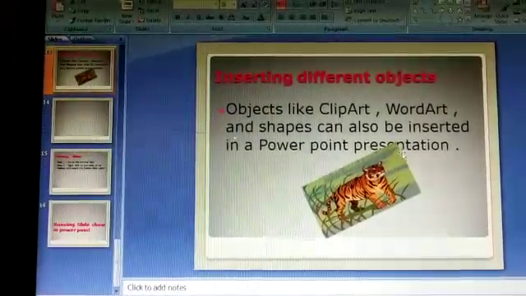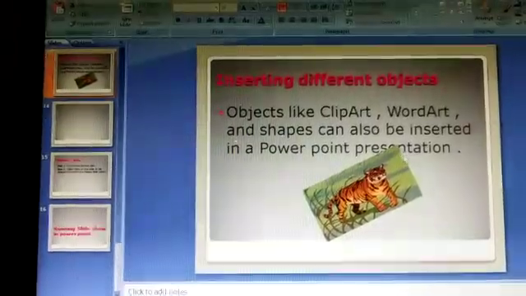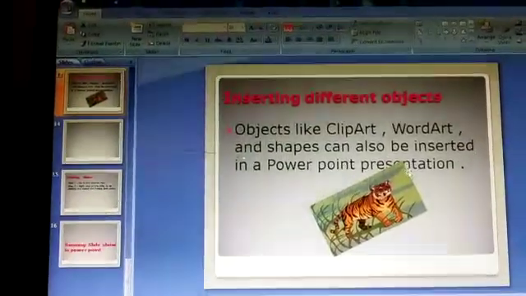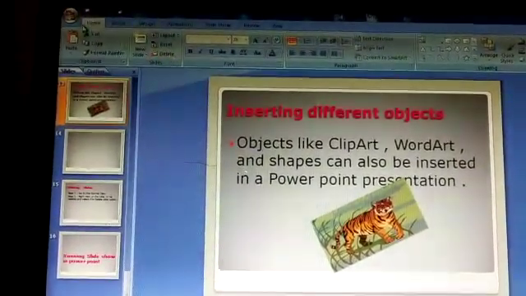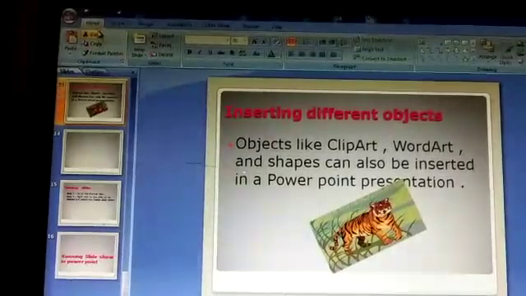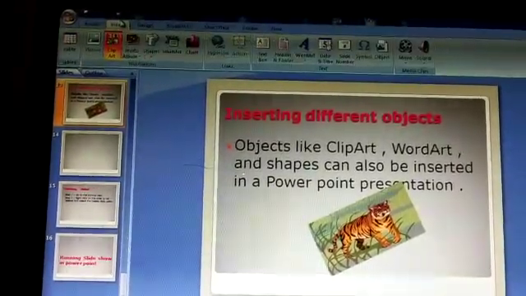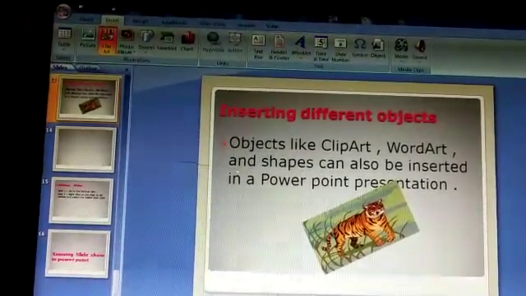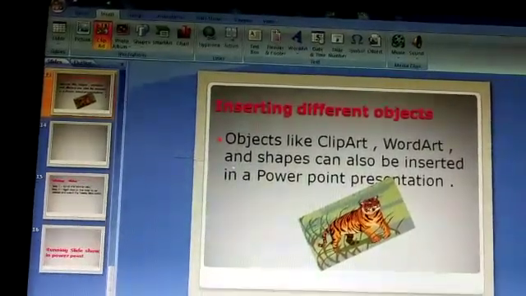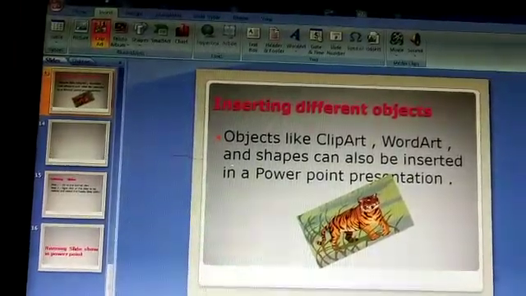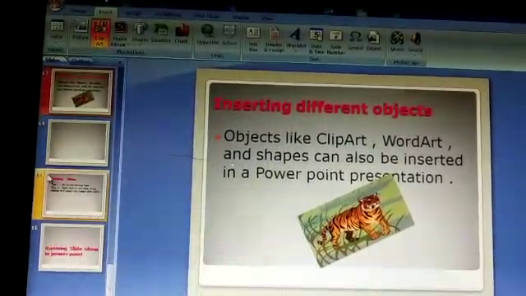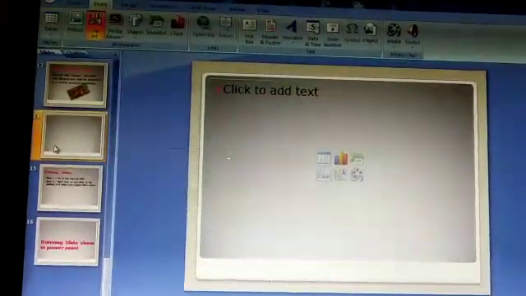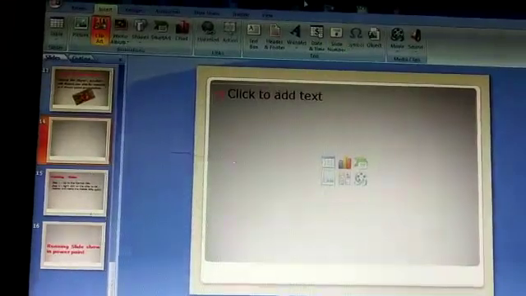Now I will show you how to use word art. Word art is also available in insert. You have to go to this insert option. Then, where you want the word art, first you have to keep your cursor there. I want word art in this page, so I will click here. Then go to this word art.